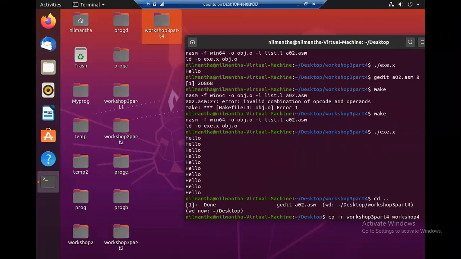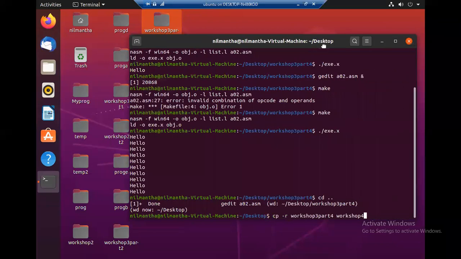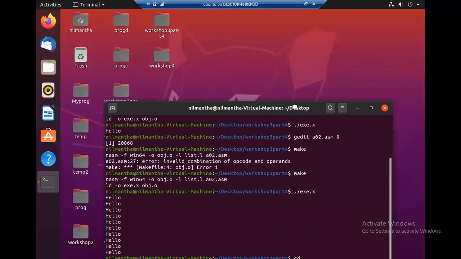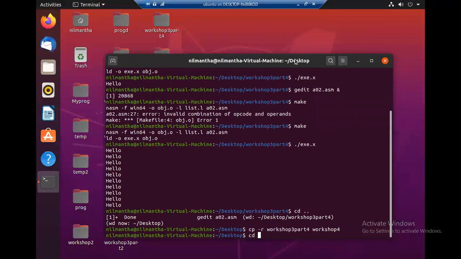And copy it as workshop 4. Even though there are 2 questions, you can modify the same question as 2. We'll modify in the same directory. So if you want, you can use 2, doesn't matter, but I'll do it in 1 directory. Okay, then we have to change directory into this one.